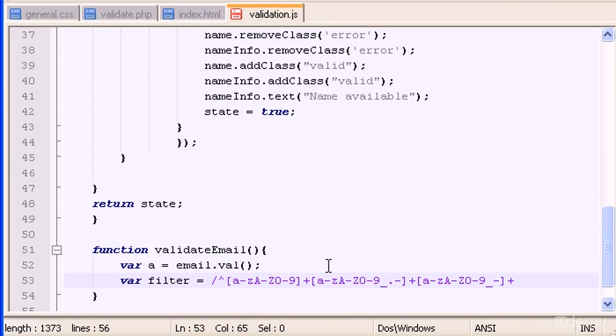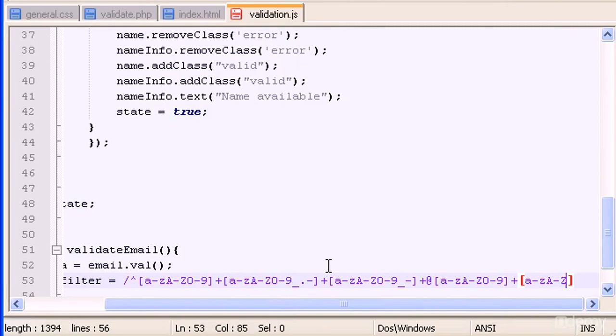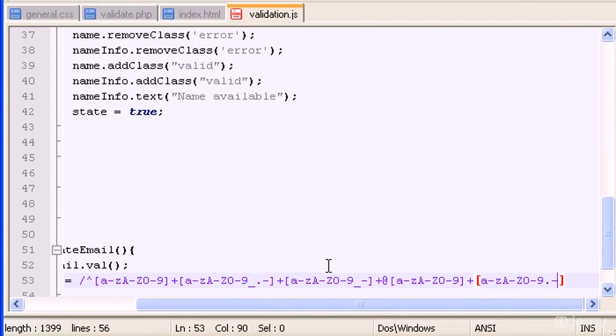Okay, and now plus at, now we type a z 09 plus, and a Z0 9 dot n plus